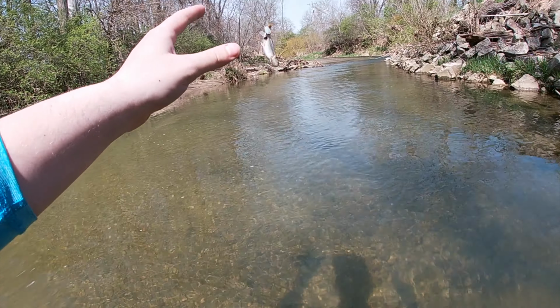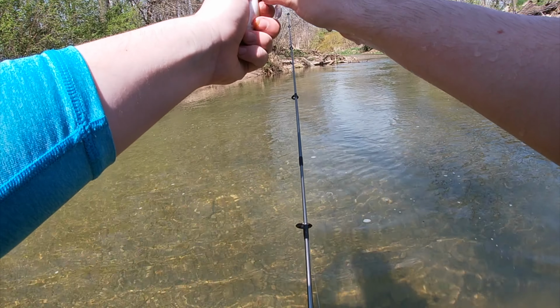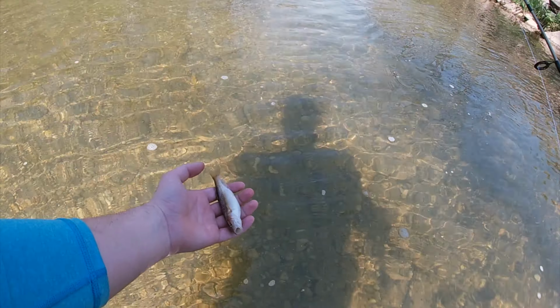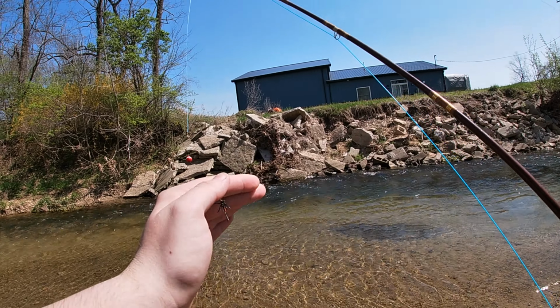All right, guys, I don't know how I did it, but I ended up snagging him. This guy's an absolute chunk. Look at how girthy that creek chub is. Set him back. Thanks, dude. There he goes. So I forget what the name of this little fly was called, but we're gonna give it